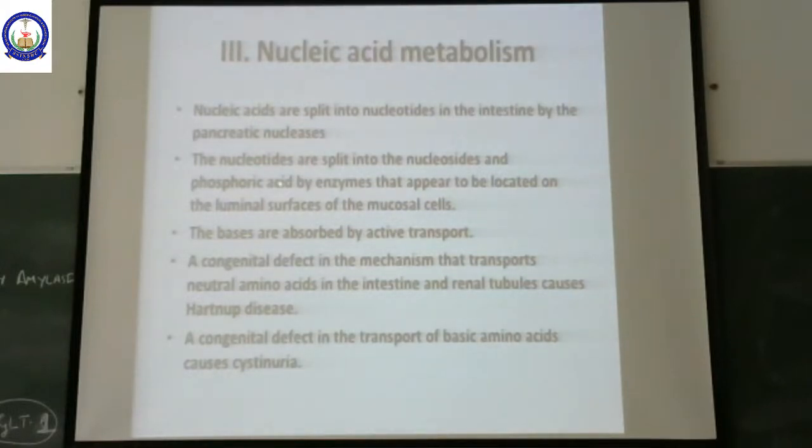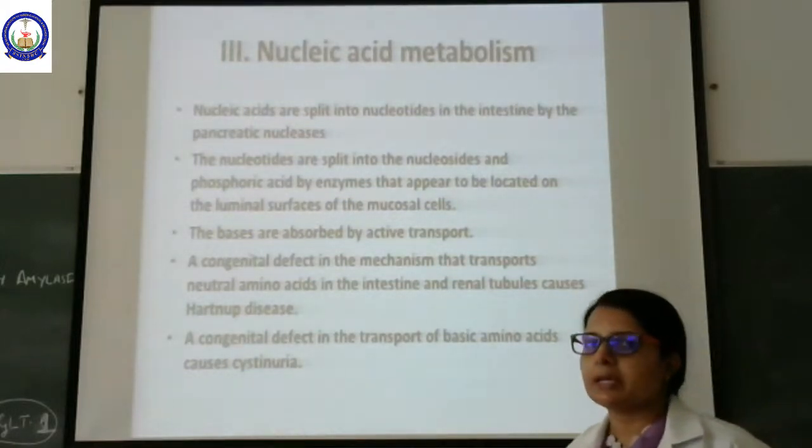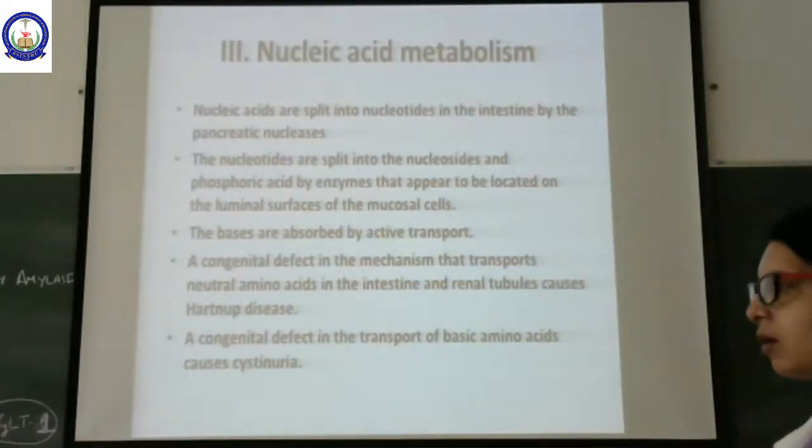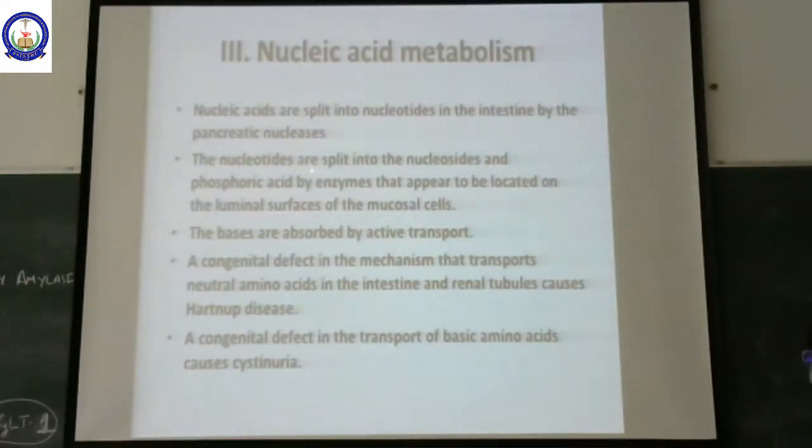Okay, so we can simply call them nucleotidases. Nucleotidases are the enzymes which break down nucleotides into nucleosides and phosphoric acid, that is the base. These bases are absorbed by a transport mechanism called active transport, which requires energy for the transport of